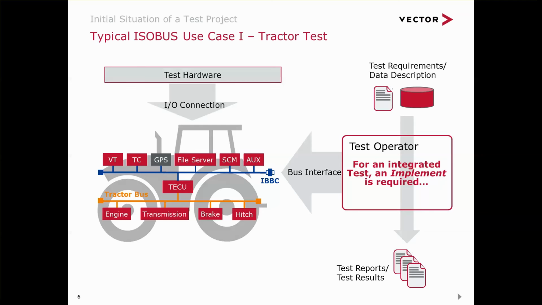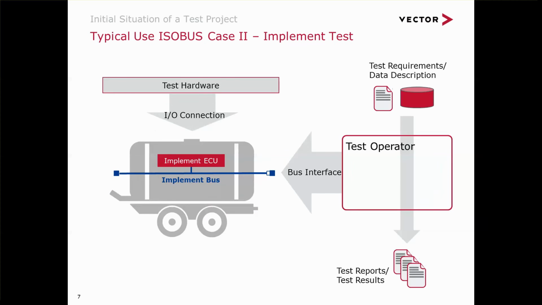Another use case is, for example, an implement test. The same situation, you have hardware components, hardware connections, test requirements, data description, and so on. But what is missing? A tractor is missing. Also, in CANoe, you have the possibility to simulate a tractor, a full tractor, or an implement behavior. And this will bring us to the next chapter, the features of CANoe,